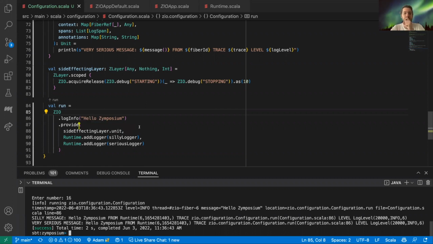But yeah, I did that at some point. Maybe it's gone. But yeah, just a fancy little trick you can use with provide and layers that return unit to do this sort of scoped side effect